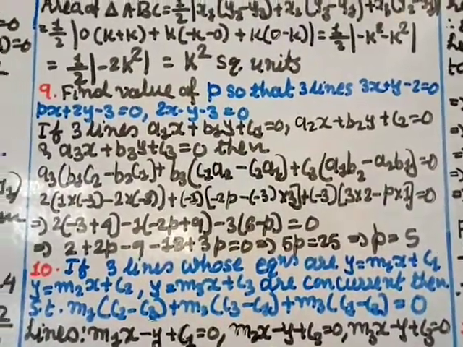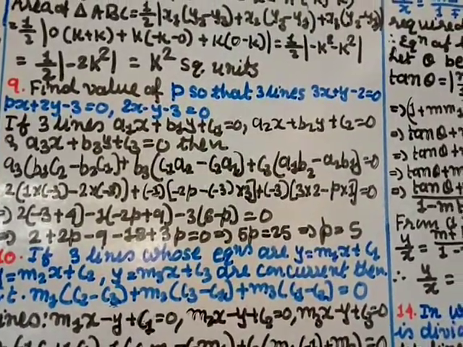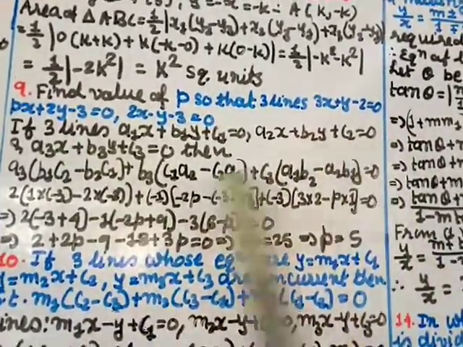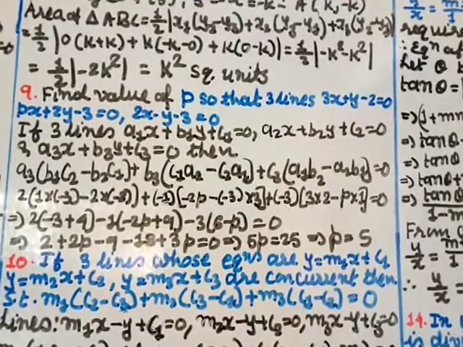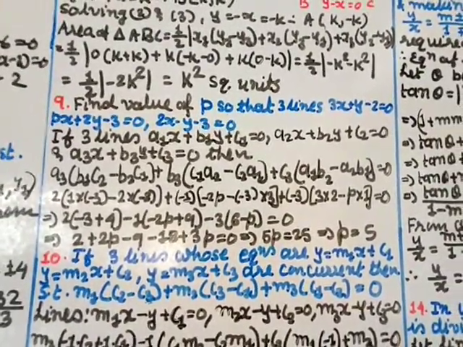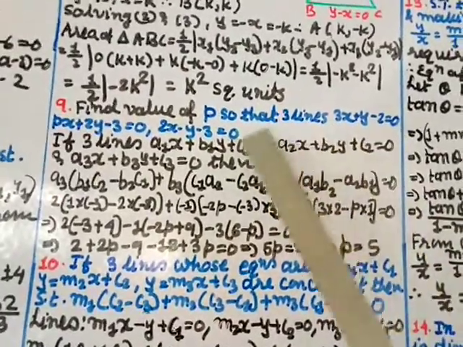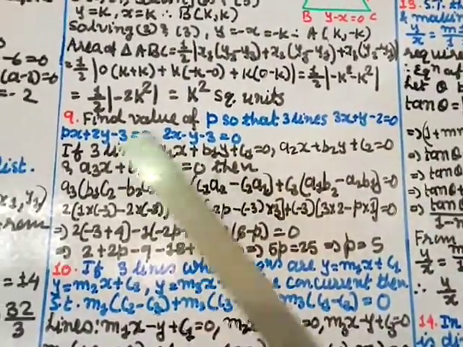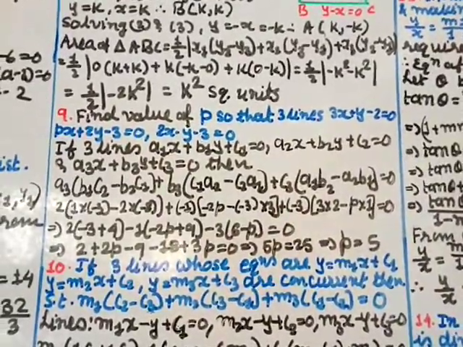Question 9, they have given us that the three lines are intersecting, that's why I can use this formula. I can use this formula because the three lines are intersecting or concurrent. That last line I missed out writing in the question, they are saying that all these three lines are intersecting, that's why I am using this formula.